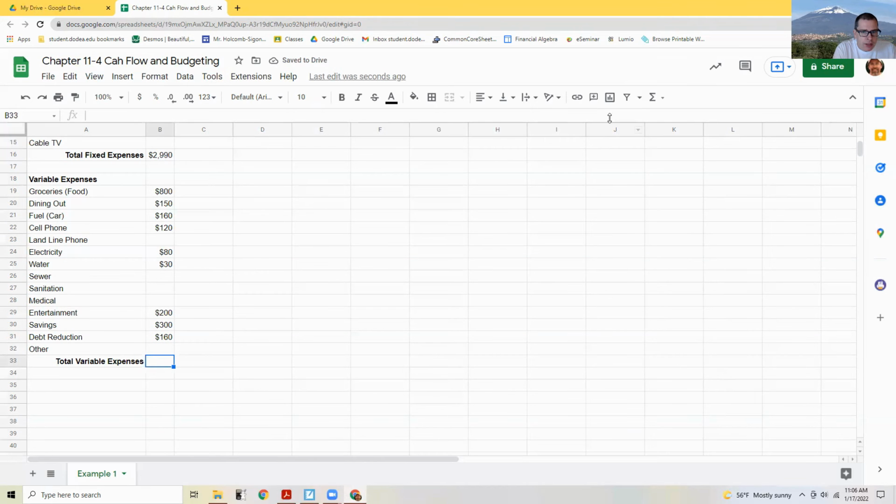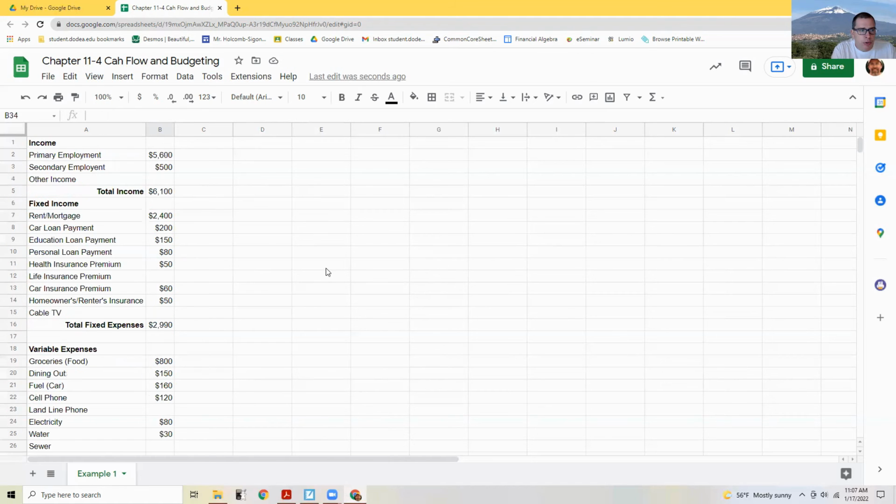Now I want to go to the sum of this column all the way down to other, and it comes out to be $2,000, and that matches. Okay, so we're getting close. We're almost done. Now I'm going to scroll back up and I'm just following this, and they're in D6, which is right here, and they call it